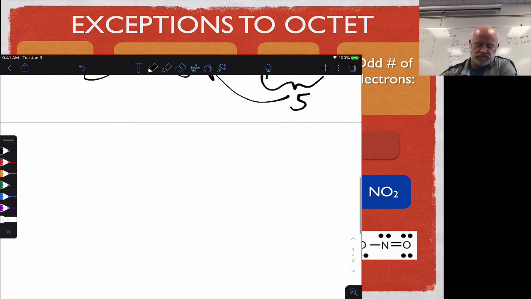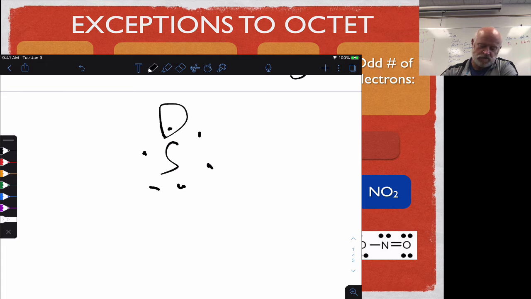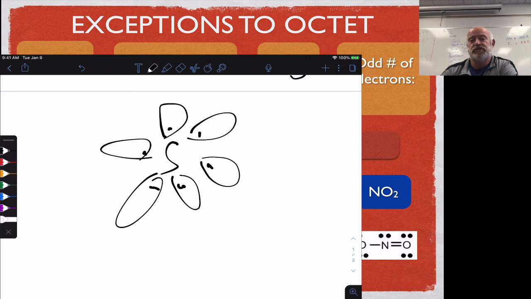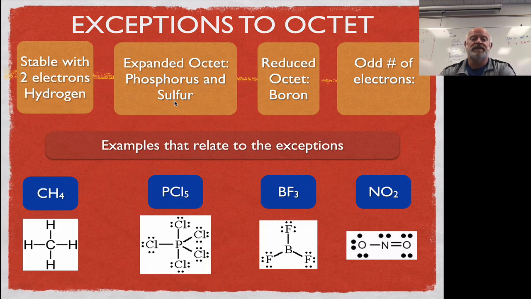The only difference is with sulfur, because sulfur starts off with 6 unshared pairs, 6 valence electrons, it actually has 1, 2, 3, 4, 5, 6 different potential sharing that goes on. So it's using its s orbital, it's using all 3 p orbitals, and it's actually using 2 of the available 5 d orbitals for a total of 6 to share instead, okay? Same reason, just because sulfur starts with 6, it then can use more of that d orbital to make that